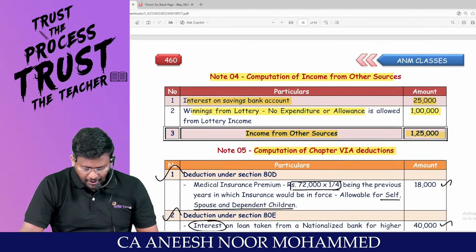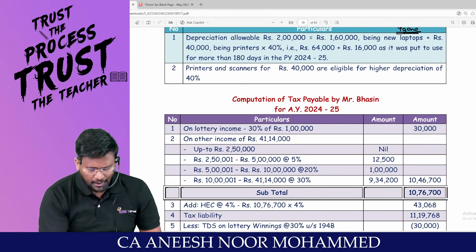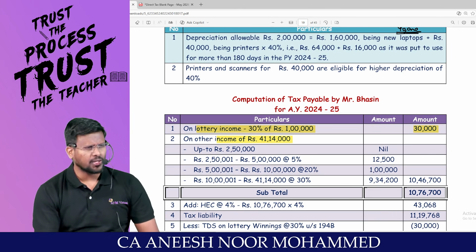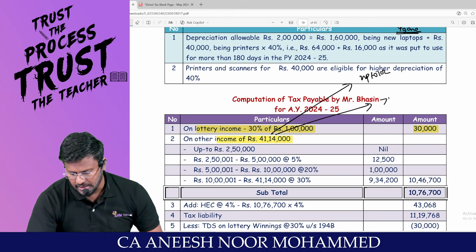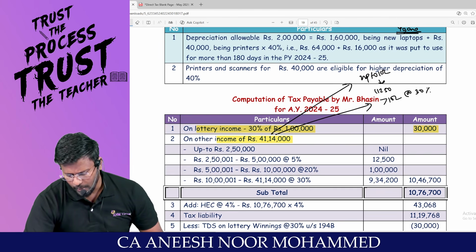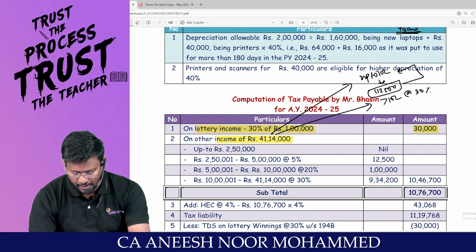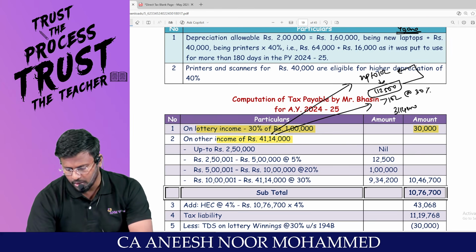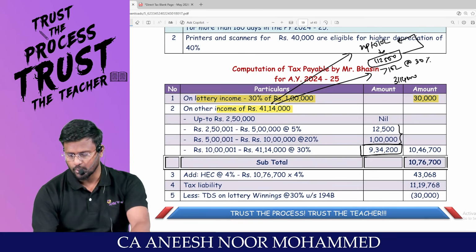So that 42,14,000 should be classified into two categories, my dear lovable students. Number one, 1 lakh. On that 1 lakh, 30%. Am I right? Remaining 41,14,000. What route? 41,14,000 should be classified into two categories. Up to 10 lakhs, more than 10 lakhs. More than 10 lakhs at the rate of. Since his age is normal, 1,12,500 rupees will be the tax payable up to 10 lakh. Am I right? Sir, in excess of 10 lakh means 41,14,000 minus 10 lakhs comes to 31,14,000 into 30% comes to 9,34,200. This is 1,12,500. Total